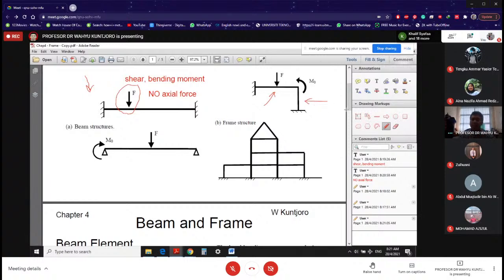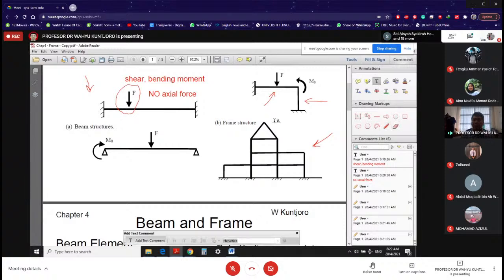So the same here for this large structure, which looks like the frame of a building, right? Every component, every member, does not necessarily have the same orientation. And what's the consequence? The consequence here is that in a frame structure, you might have